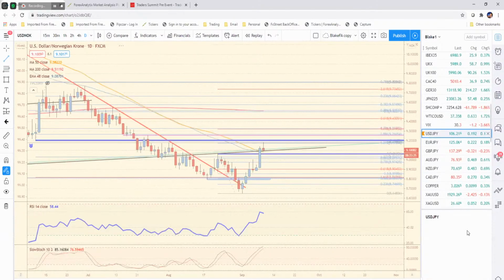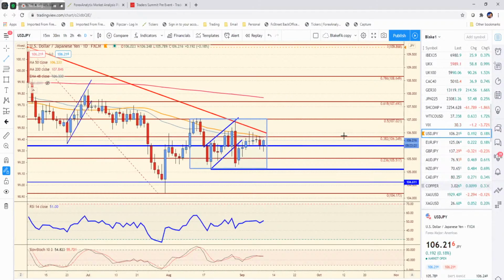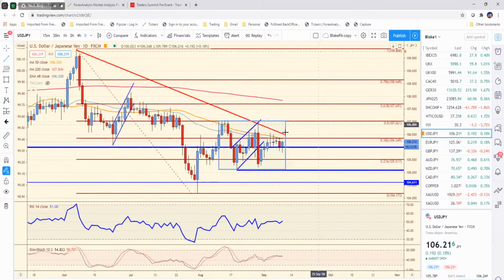US dollar Japanese yen, as you guys know, I'm not a huge fan of the yen and what it's currently doing right now. 106.50 is still resistance, a little bit of a trend line there. I know the upper end of its range is right here, but